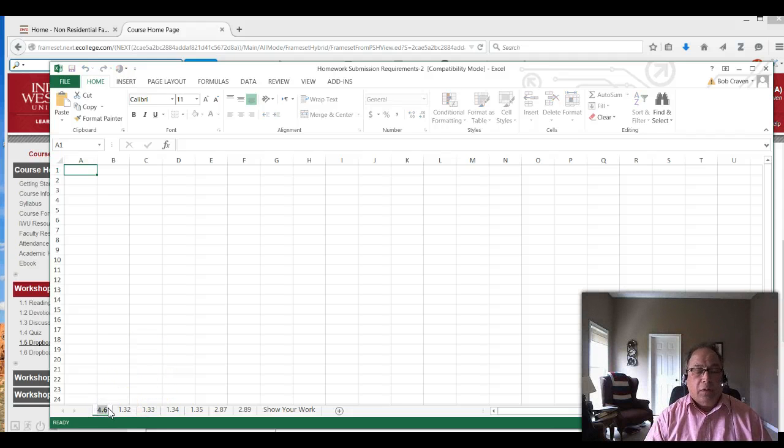So for example, the first problem is 1.31, the second problem is 1.32, etc.